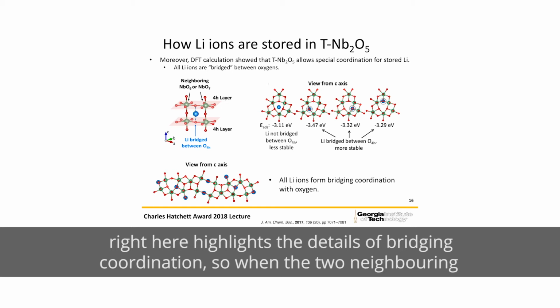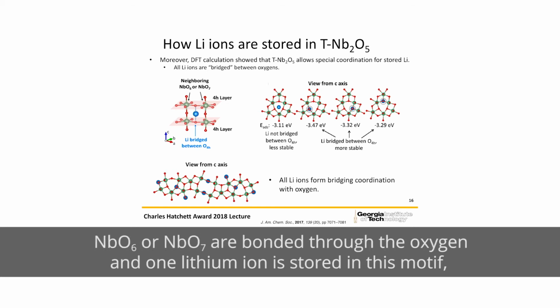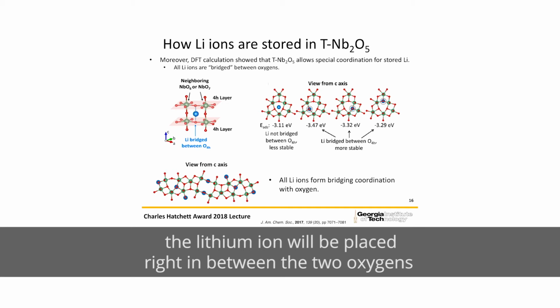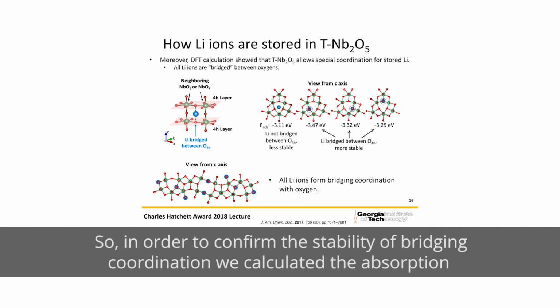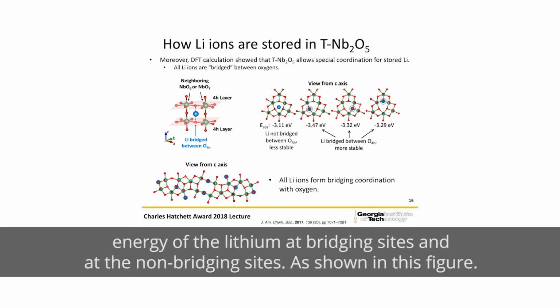So when the two neighboring NbO6 or NbO7 are bonded through the oxygen, and one lithium ion is stored in this motif, the lithium ion will be placed right in between the two oxygens, forming a bridging coordination like this. So in order to confirm the stability of bridging coordination, we calculated the absorption energy of a lithium at